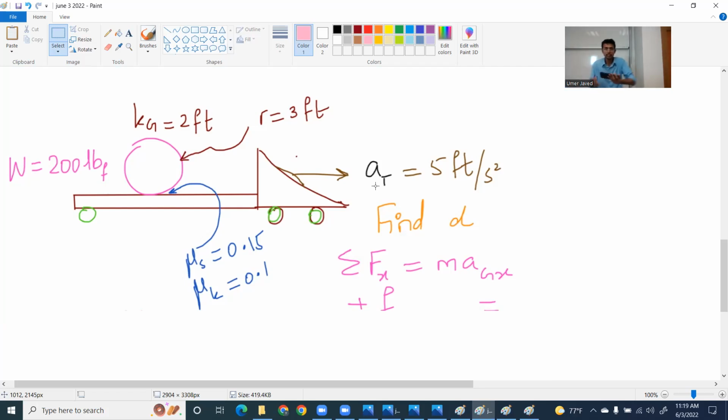Okay. The question says that the acceleration of the truck is 5 feet per second squared. You have to find the alpha. This problem is a little complicated. The problem statement is important. I will try to interpret it. The question says that you have to find, okay,